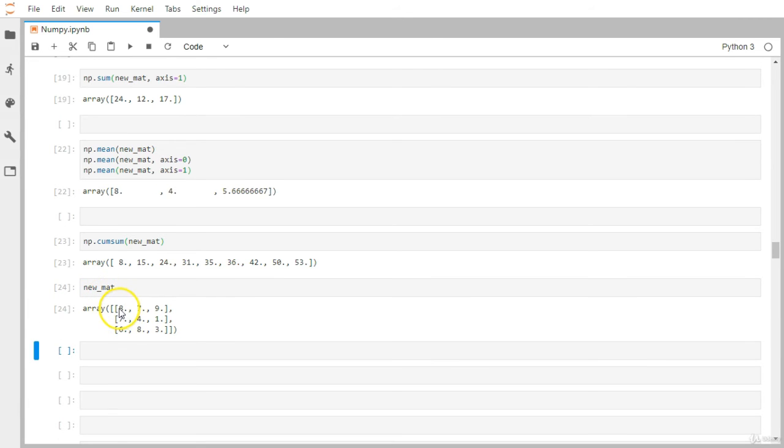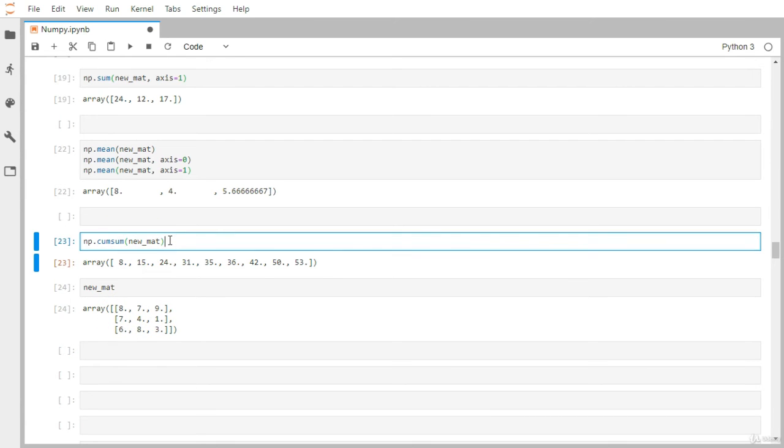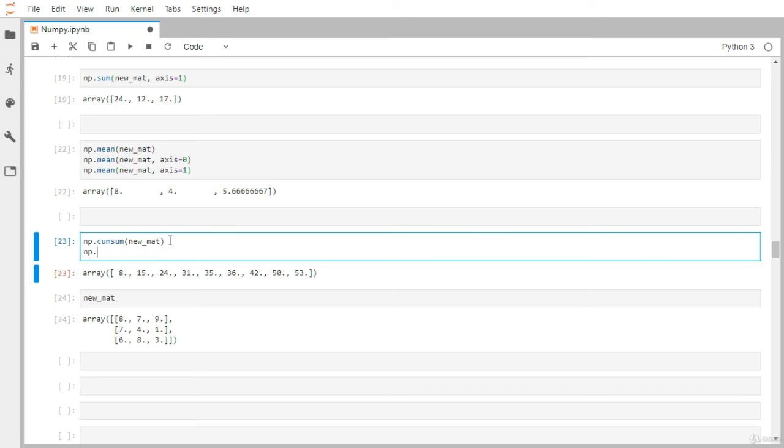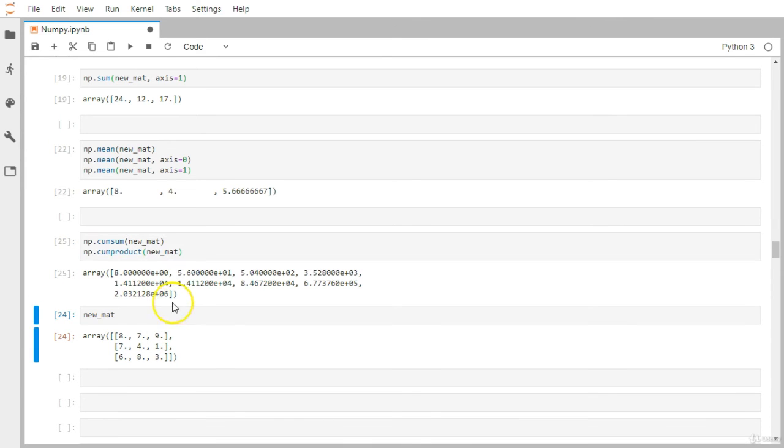You can see it's 8, then 8 plus 7, then 8 plus 7 plus 9. Another function you can use is cumprod, the cumulative product. We got a very big number after multiplying all those 9 numbers.